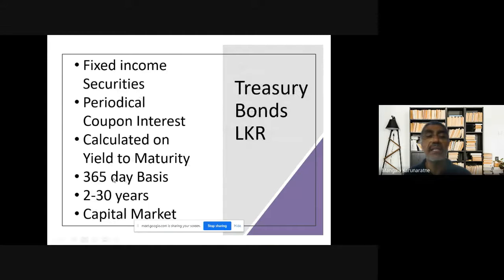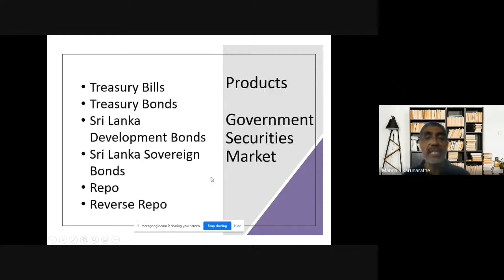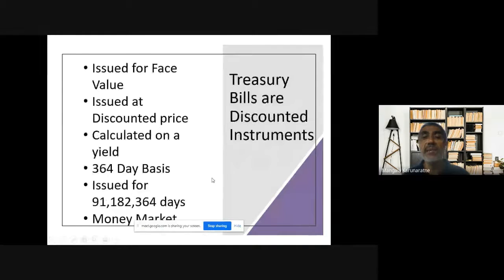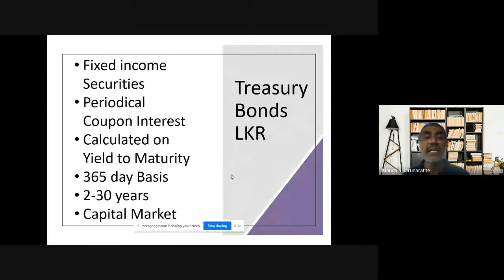And it's 365-day basis. Now, earlier case, treasury bills were 364-day basis. Now, treasury bonds LKR, here I have mentioned LKR, 365-day basis. Now, if I ask you what is the day basis for SLDBs and